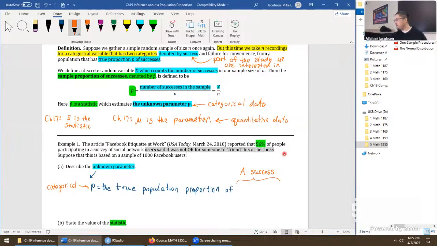So we take what we consider to be a success, that statement there, and we have to write it into the problem. If we were describing mu, we would say it's the population mean of, and we'd have to say, what thing are we actually estimating? Is it time, distance, something like that? But here the analogous thing is we say what the success is. So a success here will be P is the true population proportion of people